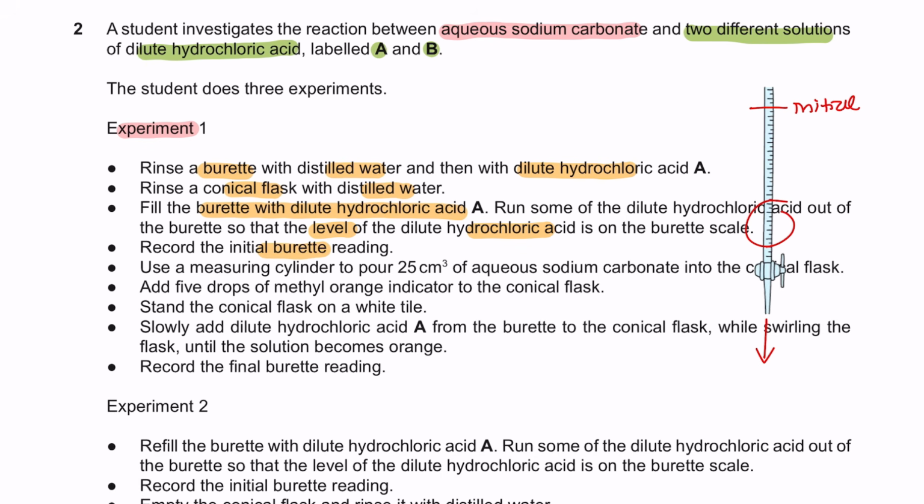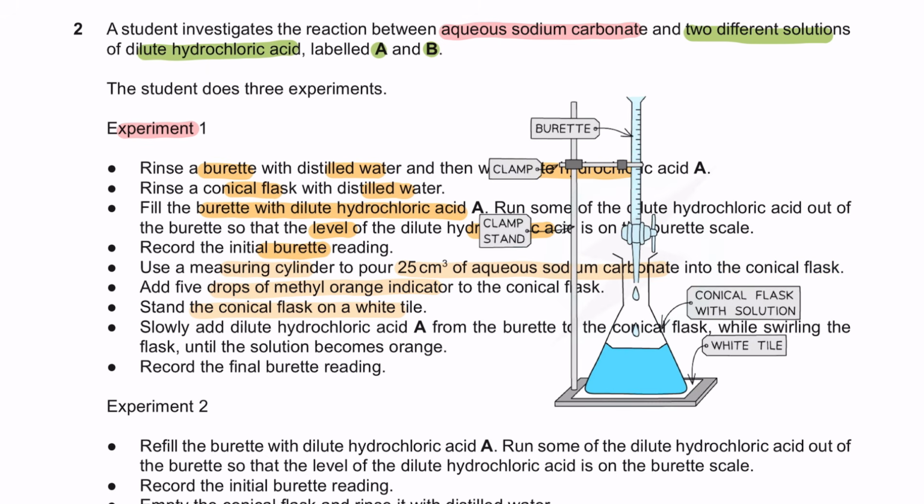And next part, you're going to use a measuring cylinder to pour 25 cm cube of aqueous sodium carbonate into a conical flask. Then add 5 drops of methyl orange indicator into the conical flask and stand the conical flask on a white tile. So the setup is going to look something like this, and we're going to slowly add the hydrochloric acid A from the burette, which is over here, into the conical flask while swirling the flask until the solution turns orange. When it turns orange, the hydrochloric acid in the burette would reduce and we're going to record the final